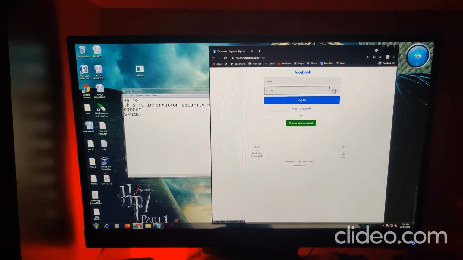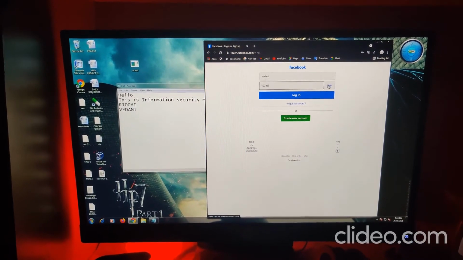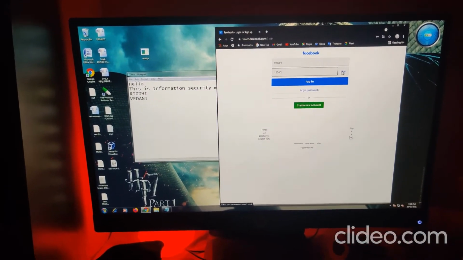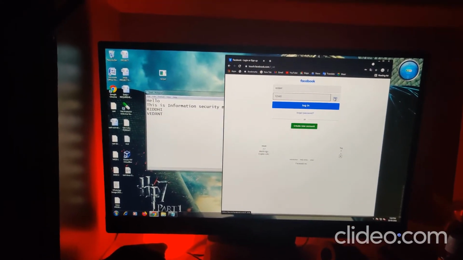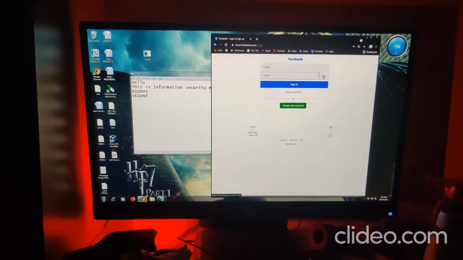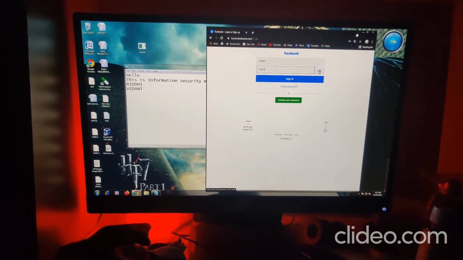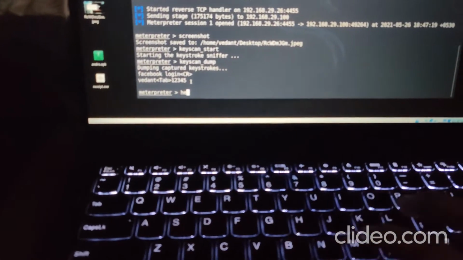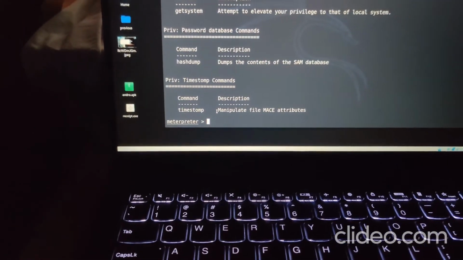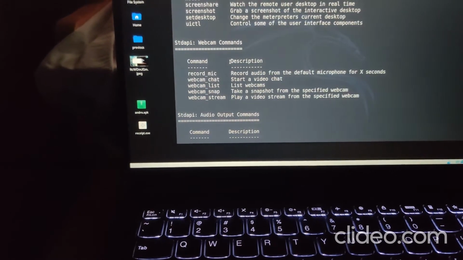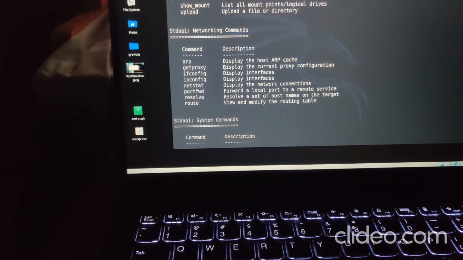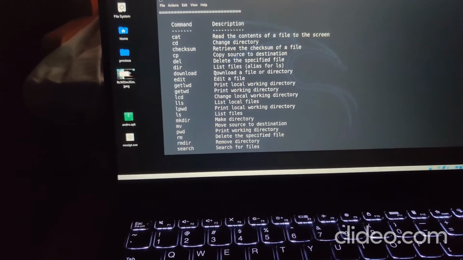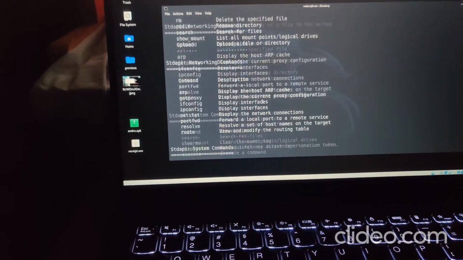Unfortunately, I do not have a webcam on this Windows 10 PC, so I have made another payload for Android, which I'm soon going to show how it works. And for instance, we can also find a lot of commands. You just have to type help, and we can see there are a lot of things I can do. Basically, all the controls are in my hand now.